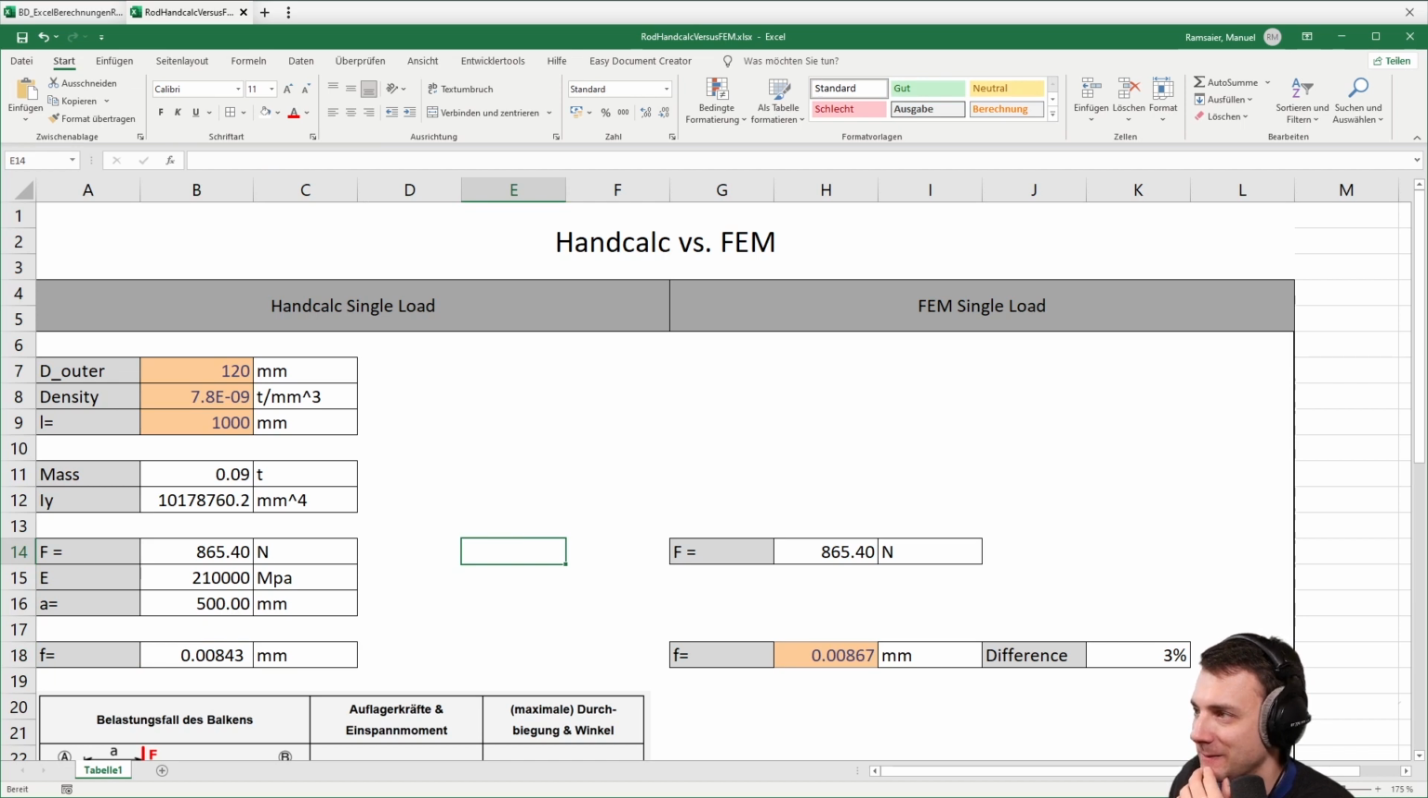Let's make a study. Let's check it because it's important that you check that. So the first thing I would check is the moment of inertia. We have a value here. How does this compare to the beam section? Beam section would suggest